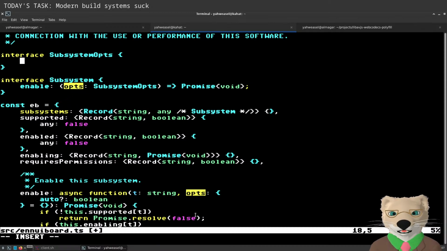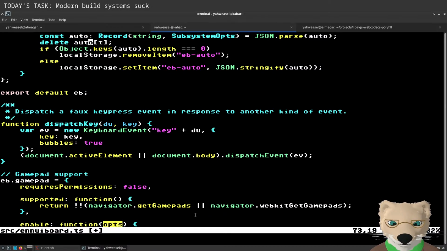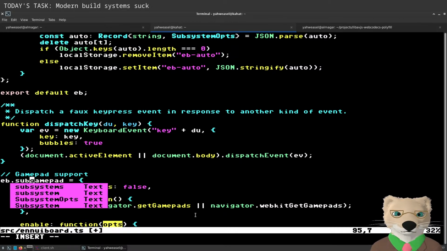Okay, subsystem options at least contains audio, or at least optionally contains audio, which is an optional boolean. For the time being, that is all of the subsystem options, but essentially I'm going to have to make it like the intersection of all of the particular subsystem options. Okay,